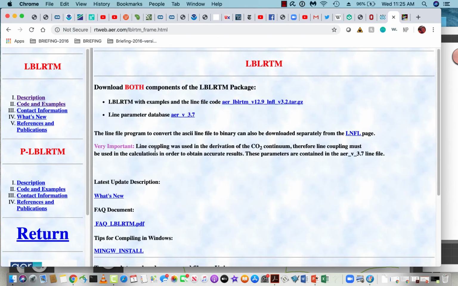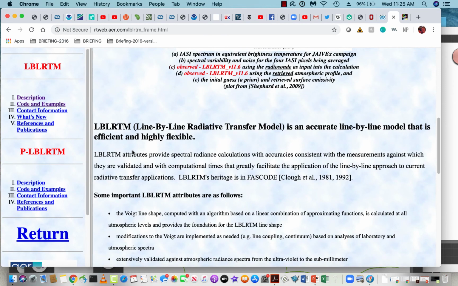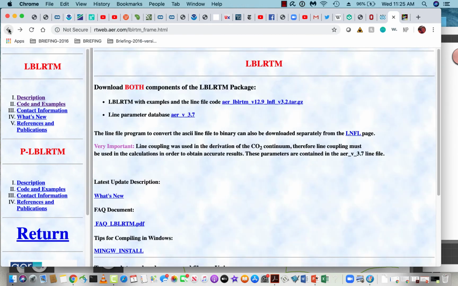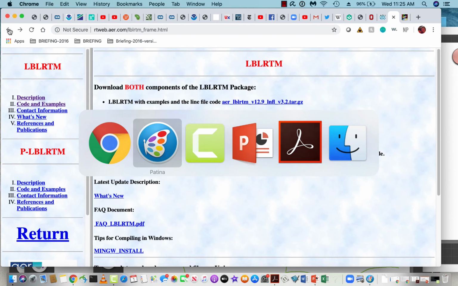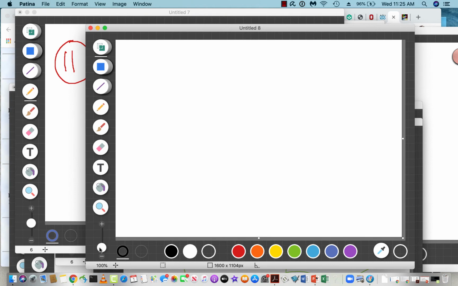Code and examples. No, let me go back to this. So the line-by-line code is computationally demanding, and so models use, and this is where we come to the end of the story, you'll be happy to know. So let me have a new one of these, and a whole new pencil, and a whole new color. So this is point number 12. I don't remember how many steps I said that there would be, but